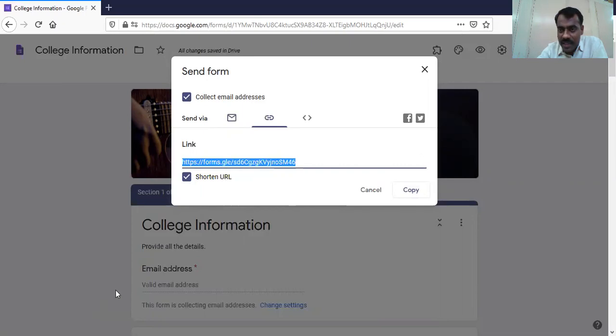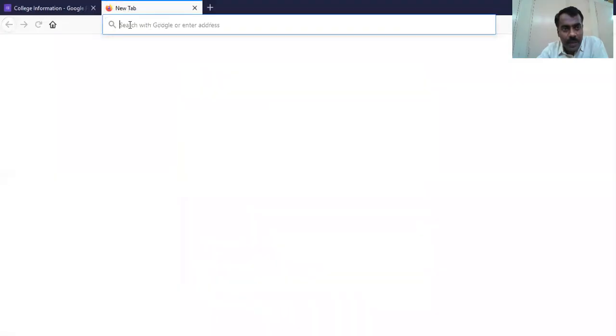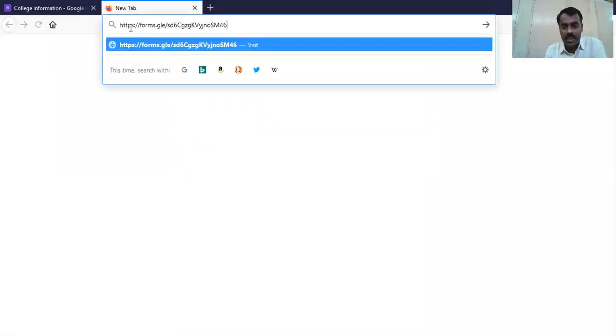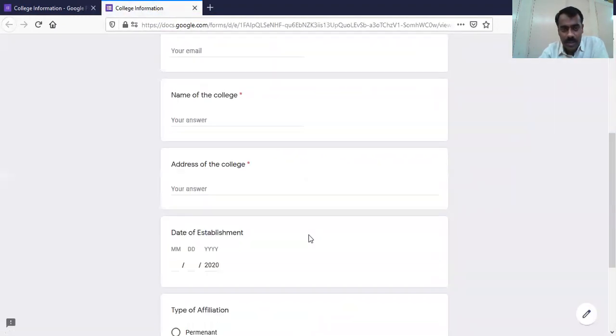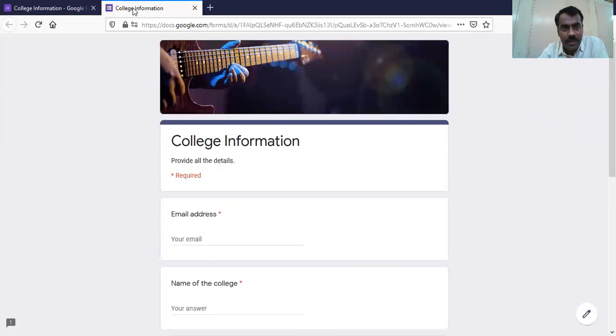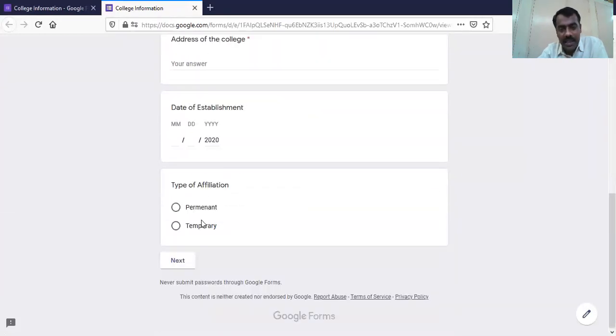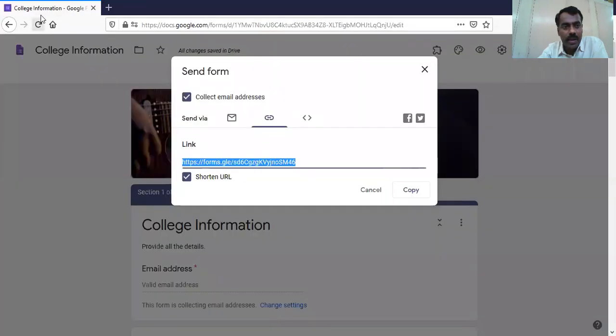You can paste it anywhere. For example, I paste here in the browser. You can see that if I paste here, then I am ready to submit my information. So if you pass this link to colleges, while clicking that link, they can provide their data, right? This easily, one can provide a Google form link to any college by sharing this link.